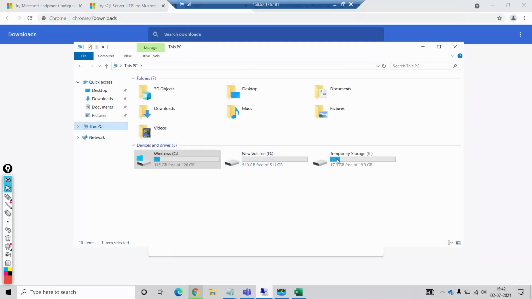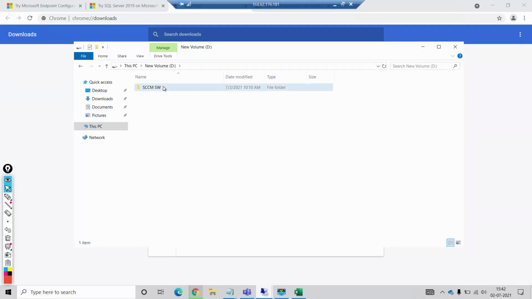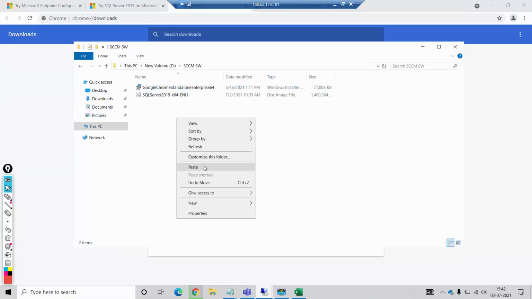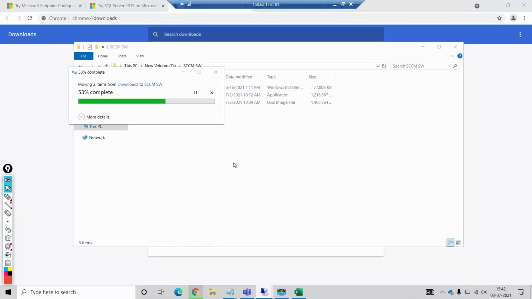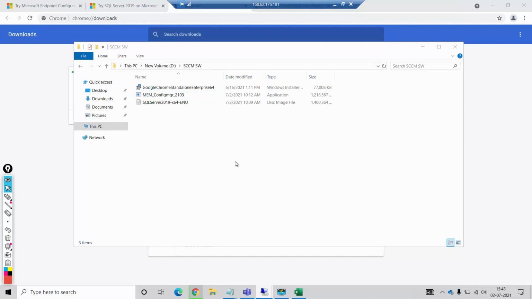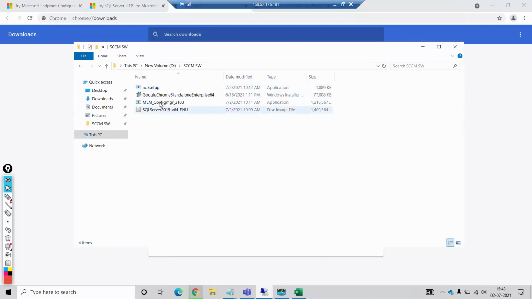I'll go to my D drive and I'll paste it under this utilities folder, right? So you can see this is an application file. If I double click it, it will ask me to extract. So I'll extract in this directory only. So let it come up.